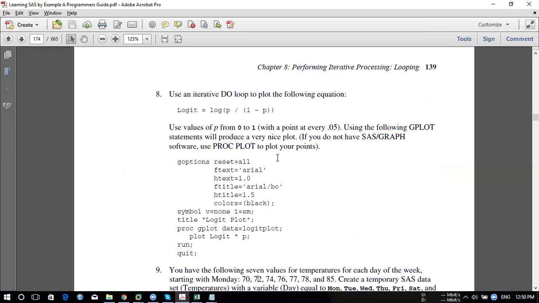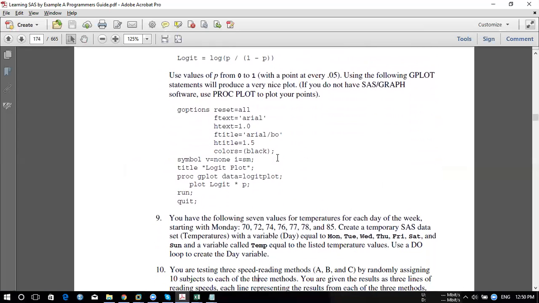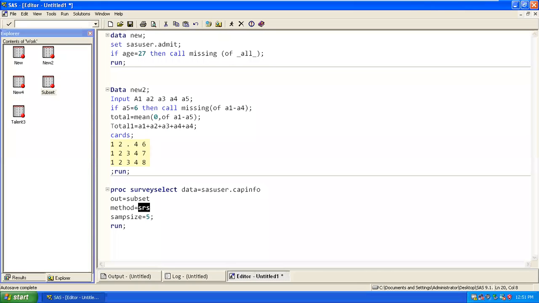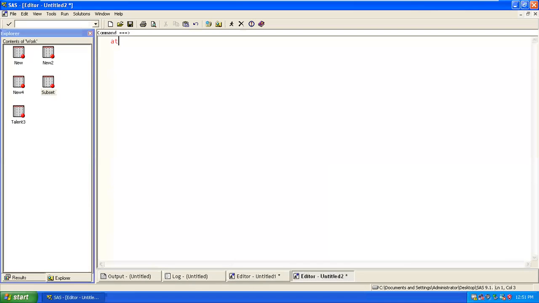So it is asking you to generate Monday to Wednesday using a do loop. How do you generate a week with a do loop? So what you can do, copy this, okay. Copy this till Sunday.